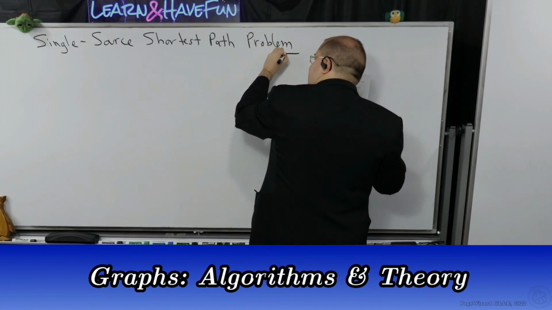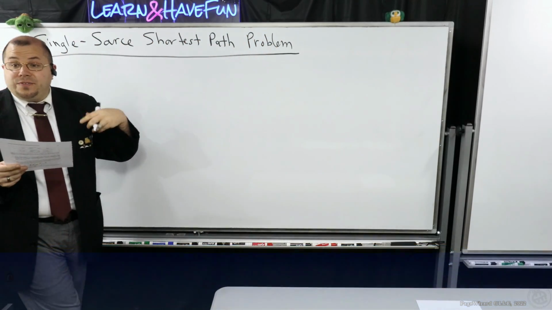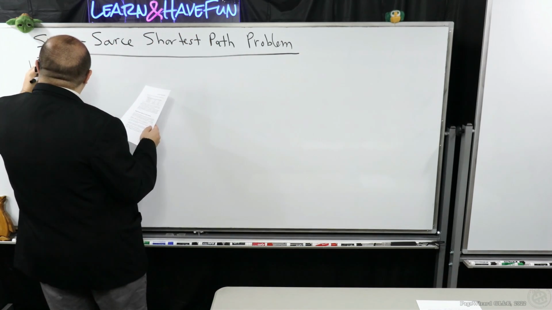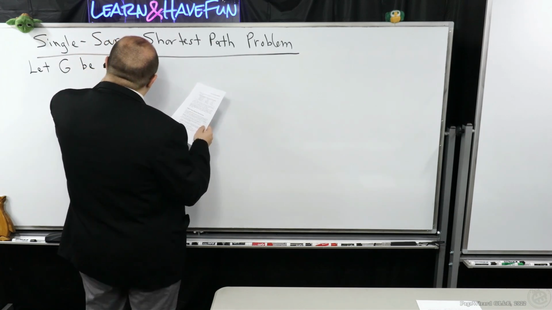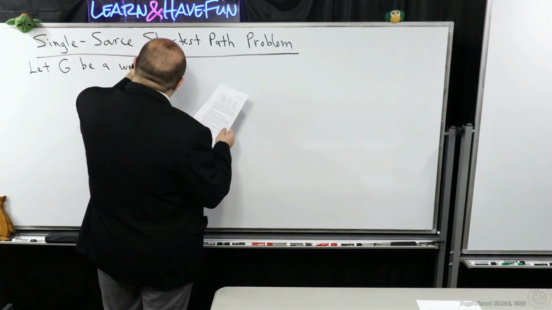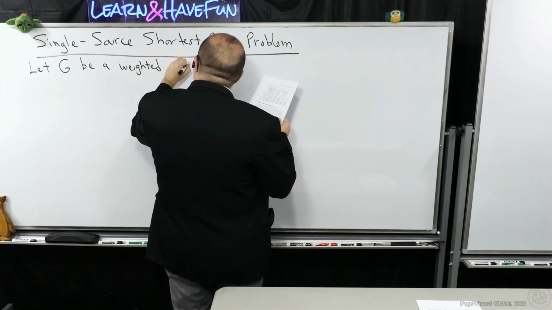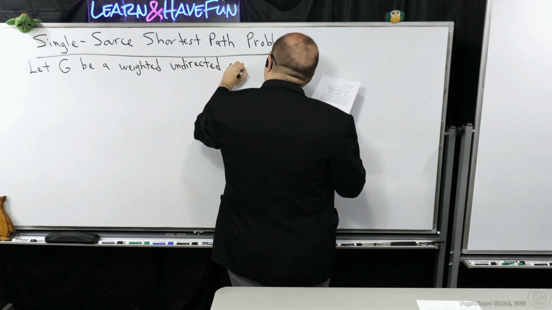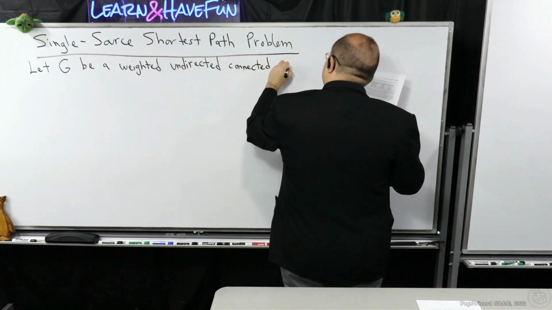Today we're going to talk about the single source shortest path problem. So I need to define a few key things for our problem here. So we're going to let G be a weighted undirected connected graph